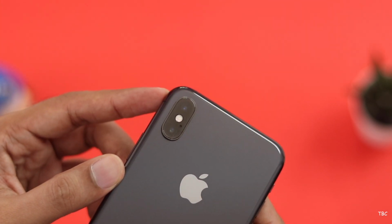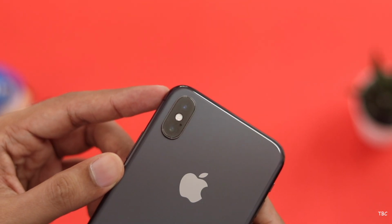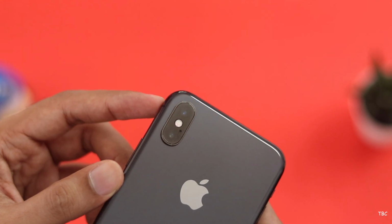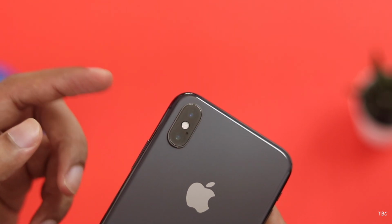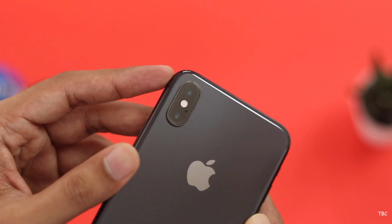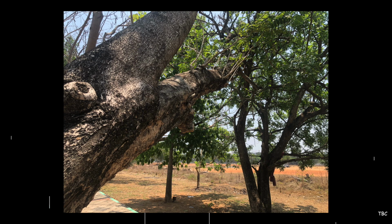in which the main sensor is a wide camera with aperture f1.8 and it does have optical image stabilization, and the secondary camera is a telephoto one whose aperture is f2.4 and it also has optical image stabilization, and here you get 2x optical zoom. And as I stated, the photos taken with the main camera are neat looking with a true to life